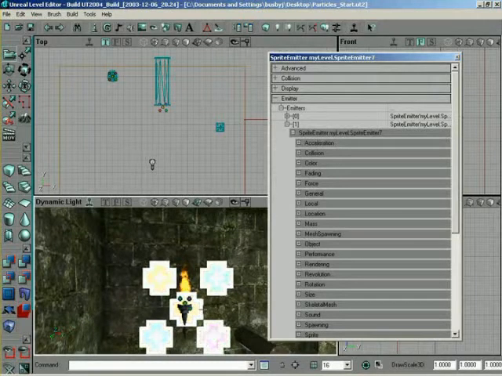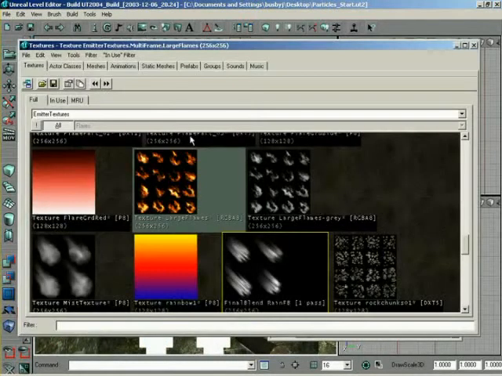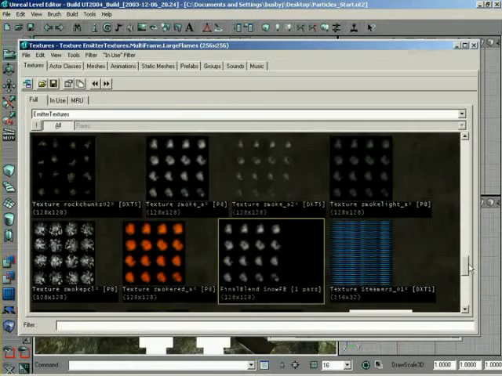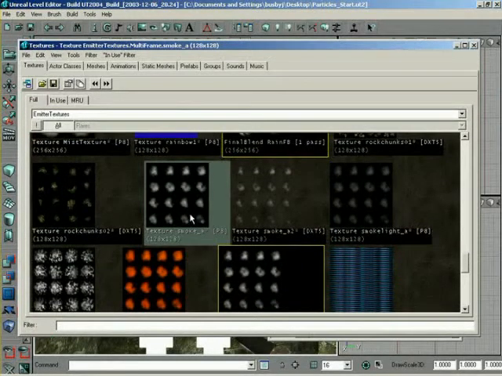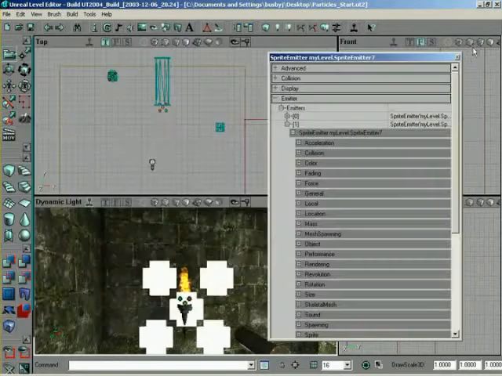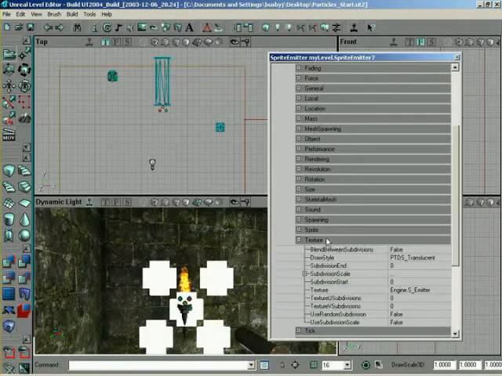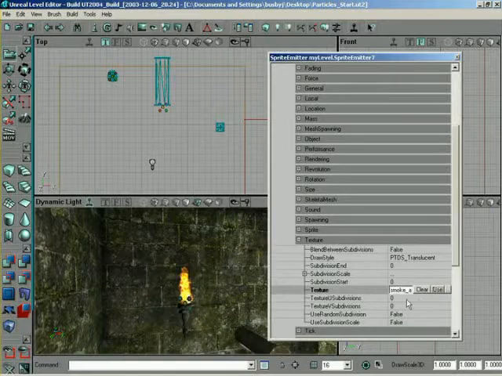So let's come into our texture browser here. That doesn't look like smoke. No kidding. If you come down to here, we have a smoke texture or smoke sprite. Now that is convenient. So if we come down to texture, we'll say use U texture subdivisions. Use me? Couldn't help myself. Use Zach. Attribute set to true. So we can say texture U subdivision set to 4 and texture V subdivision set to